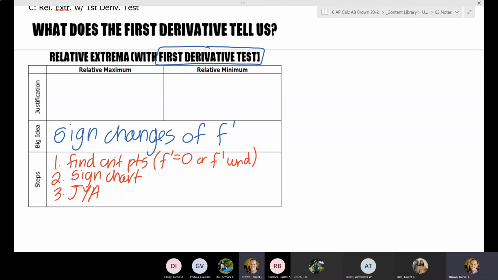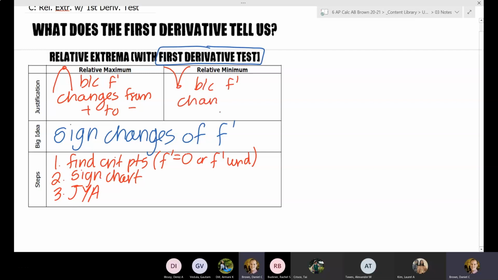So again, if I'm talking about a maximum, you're going to have to go up first and then down to hit a maximum. So your justification will be something like, because f prime changes from positive to negative. You have to go up first before you can come down to reach a maximum. Similar, if something is a relative minimum, you have to come down and then up. So your reasoning will be because f prime changes